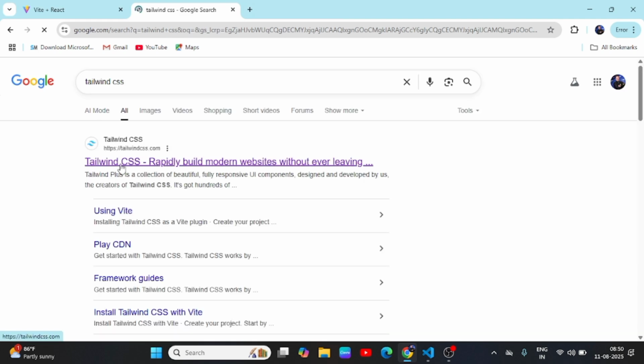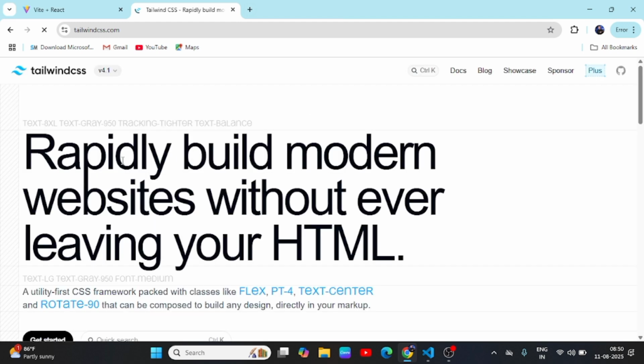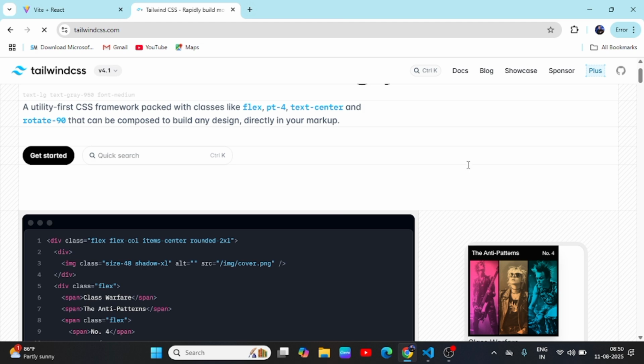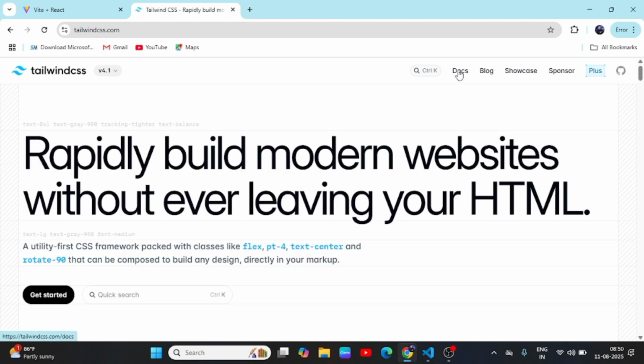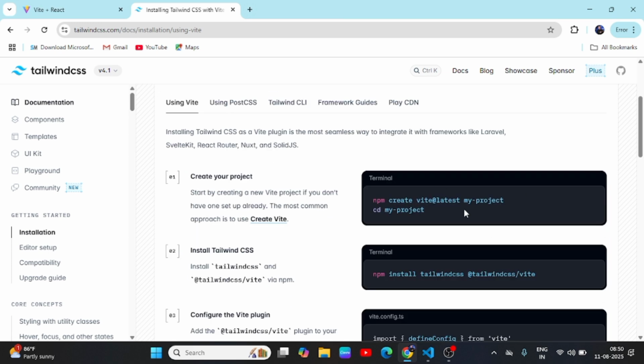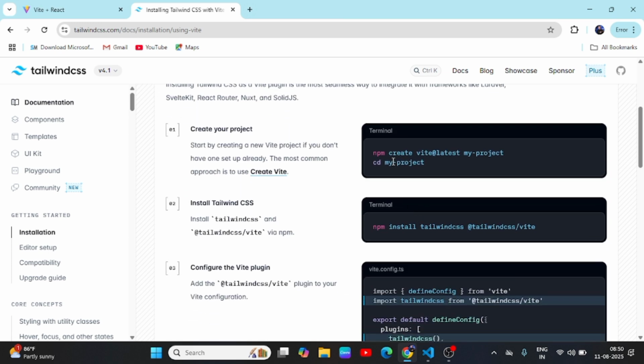So this is a Tailwind website, and you have to click on docs. You can see docs. So when you click docs, you can see all the commands. Okay, so if you are using Vite, you have to first create the